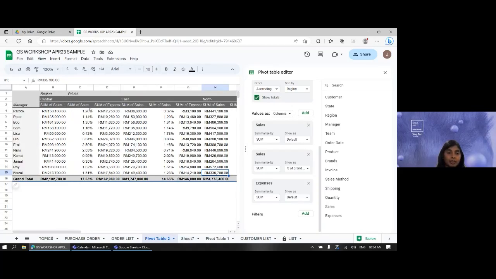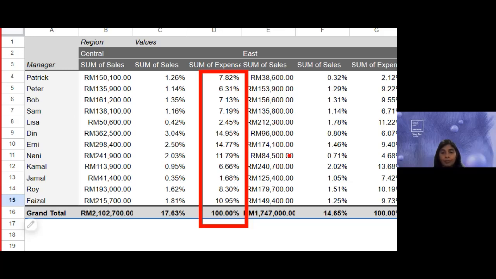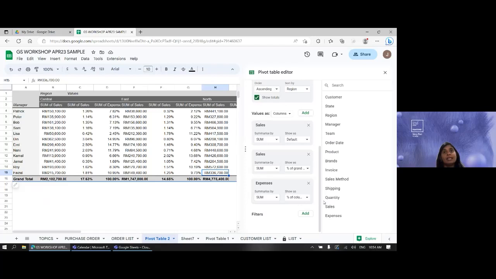So we are breaking down according to the region and manager. So how many percentage? All these calculations are already preset into the pivot table in Google Sheets. So we just need to choose the option. So for example, now if I change it to row, sorry, not show as column, then I can see that, okay, only for central region all become grand total 100. So like Patrick, how much contribution for central, or Sam, how much is the contribution? So the calculation on the percentage are already preset,